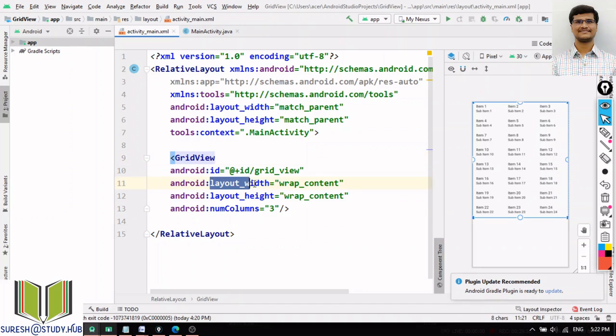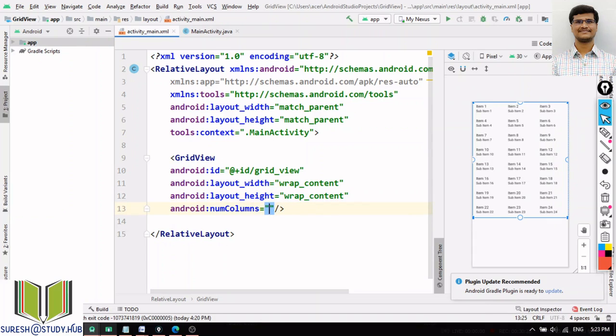And after that I am setting the width as wrap content, and the height also wrap content, according to the contents only. Okay, and this is also by default it will come, this is a grid. So three columns are there, and eight rows are there. So it is like an 8 by 3 matrix, so a total of 24 items are there. And the number of columns, here I mentioned it as 3, so that's why it is getting 3.